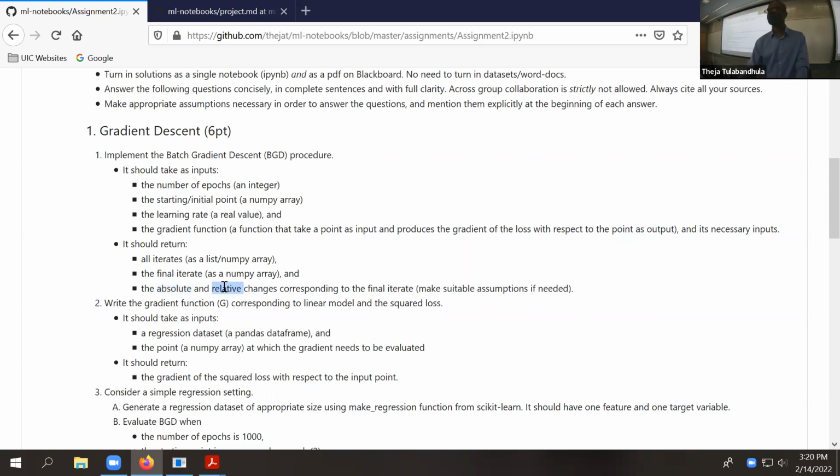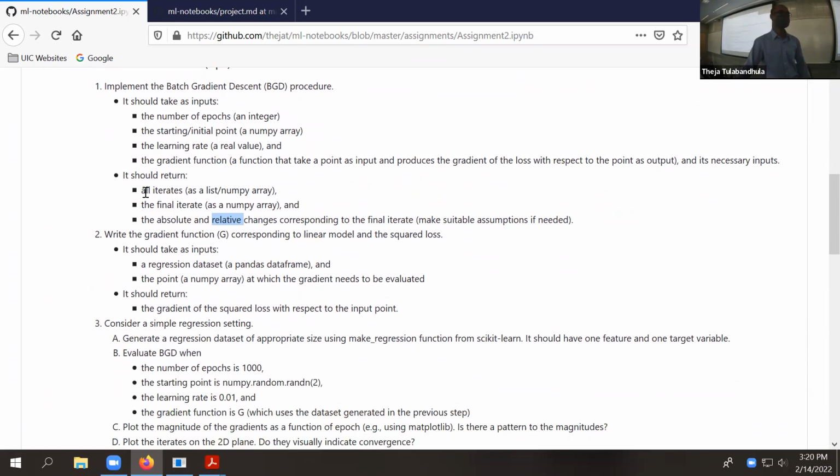Relative just means the same thing: final value minus the previous value divided by the previous value, for example. It's things that you might have seen in other venues, right? It's just a way to say when did you terminate. So when you return something, you should tell when did I return. This is a non-standard output. We're just asking for these outputs so that you can potentially plot them later.